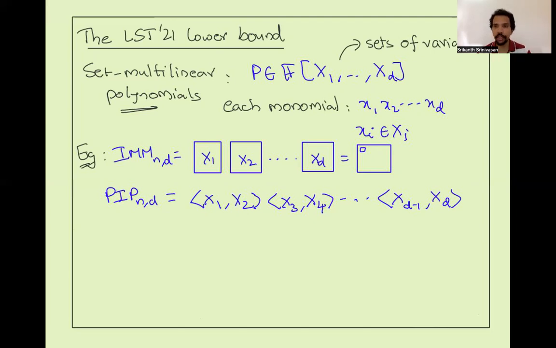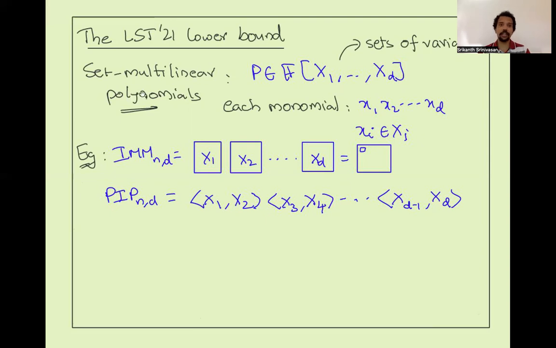And you take the inner product of the vectors in each pair, right? So you take the inner product of x1, x2, x3, x4, and so on, and then you multiply them all together. Okay, so that's the product of inner products polynomial, again, set multilinear. All right. So when you're looking at set multilinear polynomials, it's very natural to also look at a restricted kind